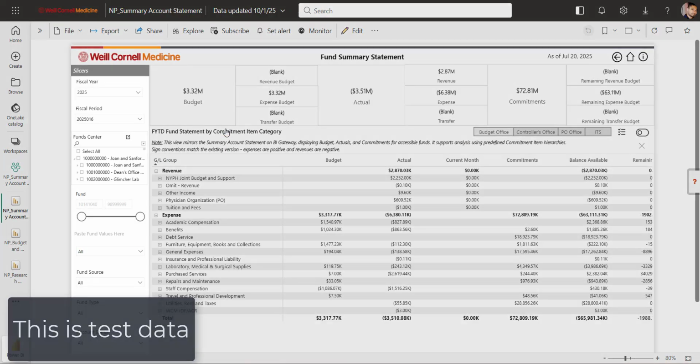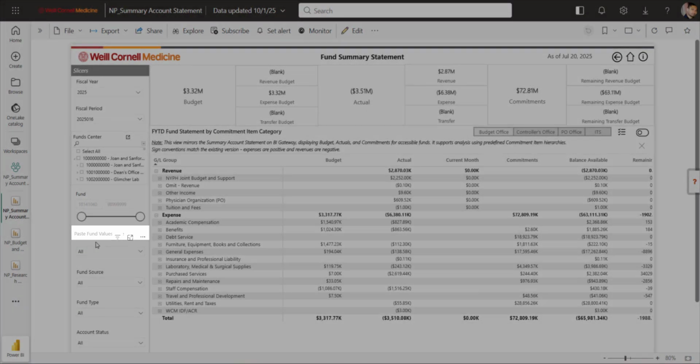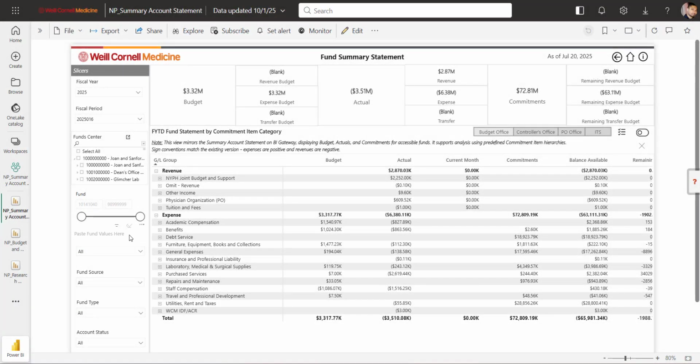Now, in the slicer window, you'll see a new option called Paste Fund Values here. This allows you to paste a bulk list of custom fund values from a spreadsheet, notepad, or another file on your device. Let's see a quick example of how this is done utilizing funds that I have saved in a